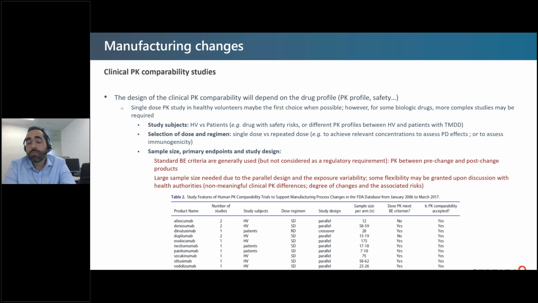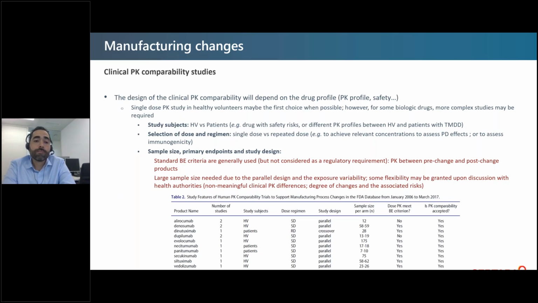Patients are needed to investigate accurately the PK profile. Also, if you are targeting, for example, specific concentrations to achieve pharmacodynamic effects, or you would like to assess the immunogenicity in your comparability studies, you will need to administer the drug in a repeated way, and then the single dose study will not be